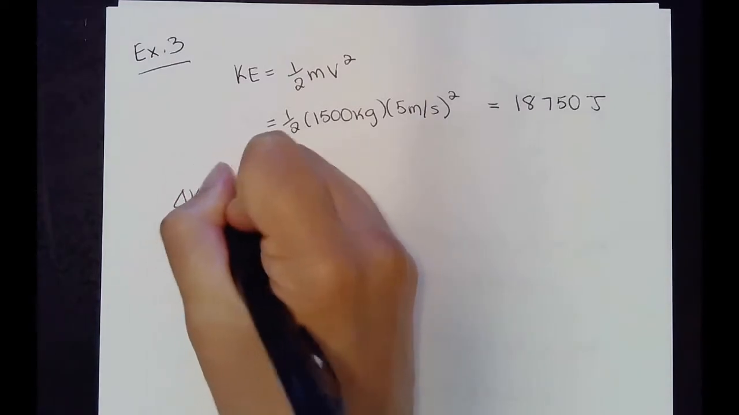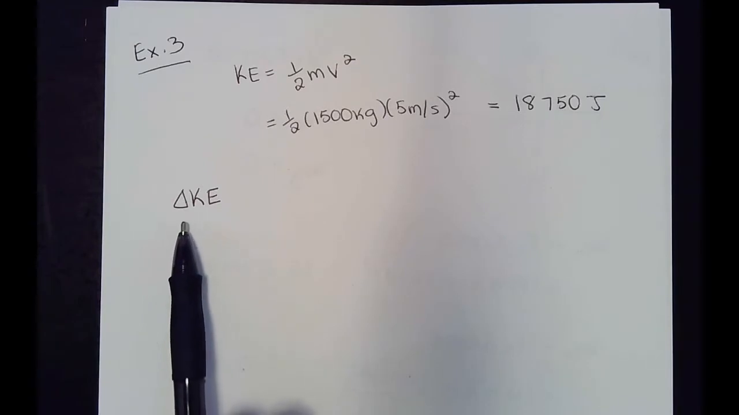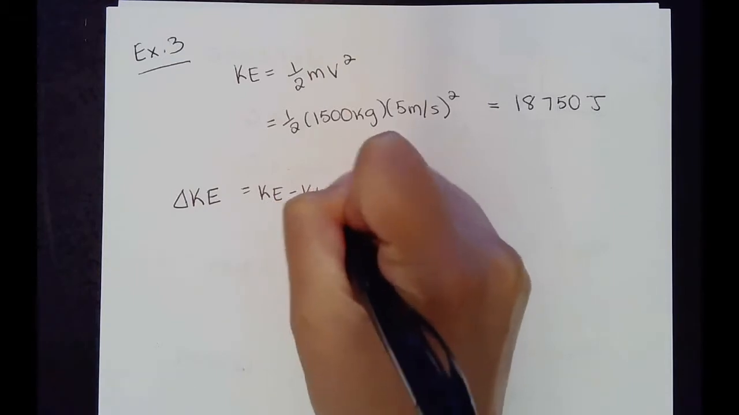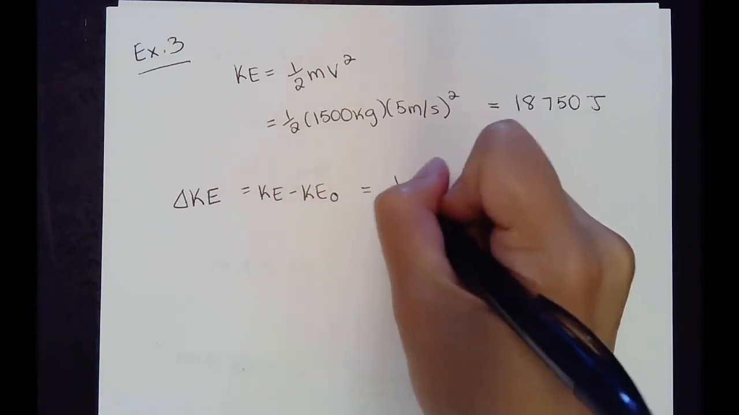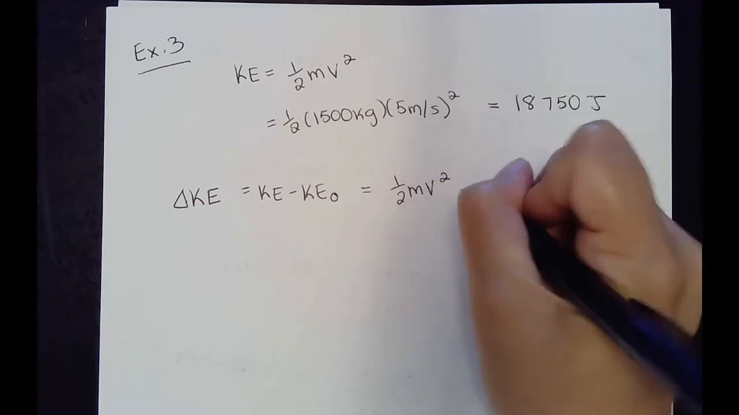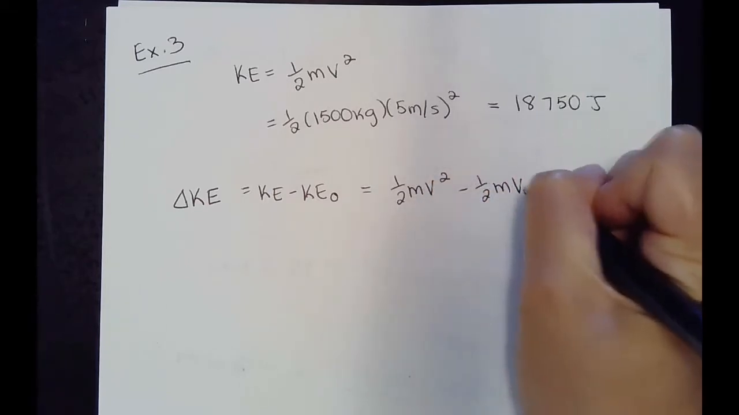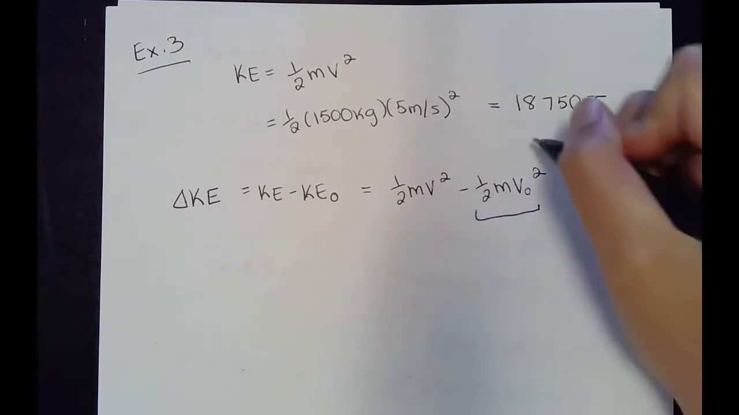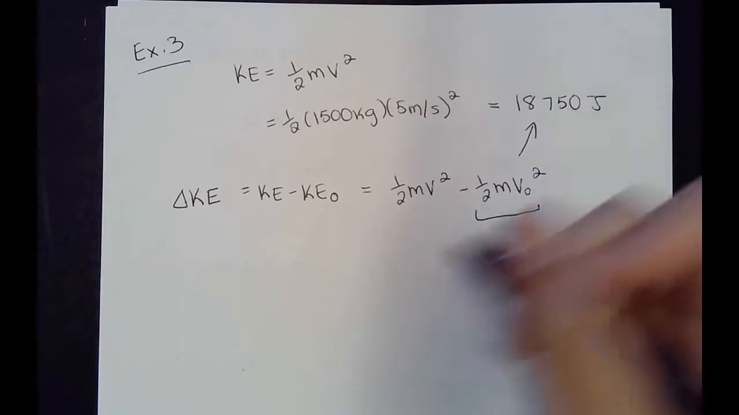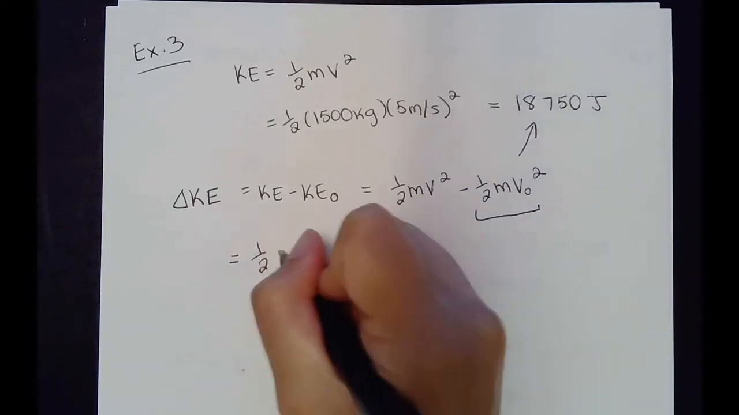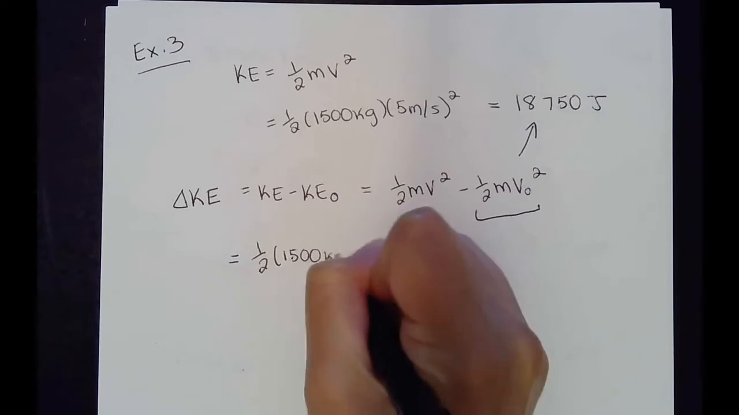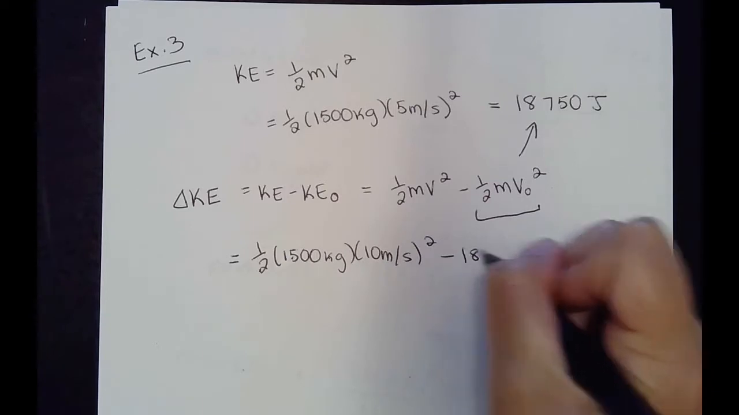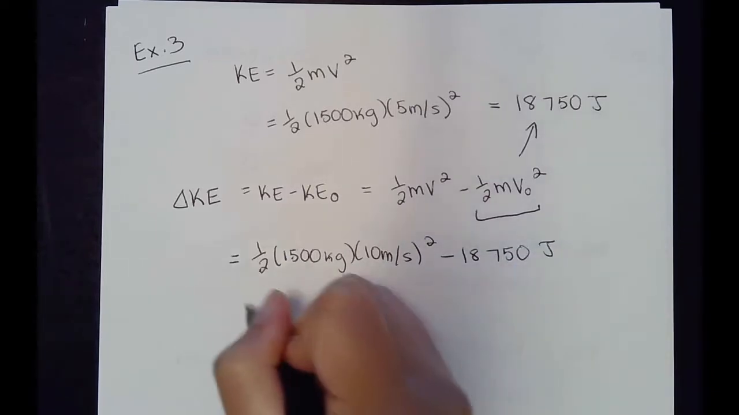Now that same car speeds up to 10 meters per second, and we want the change in kinetic energy. So like any other variable, the change is the delta symbol. So delta Ke equals Ke final minus Ke initial. So this is 1/2 m v final squared minus 1/2 m v initial squared. We've already found this initial kinetic energy term. It's this at 5 meters per second. So we can just calculate the final, 1/2 times 1500 kilograms times 10 meters per second squared, minus 18,750 joules,